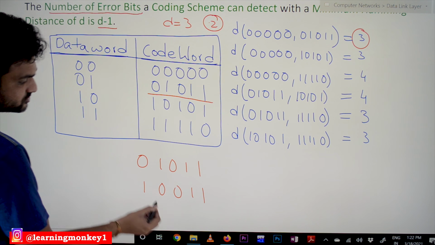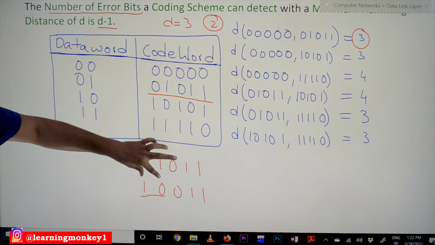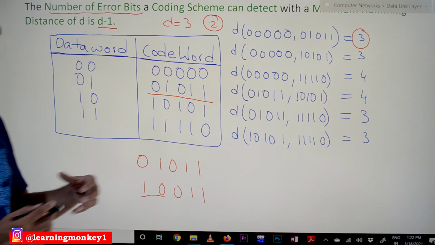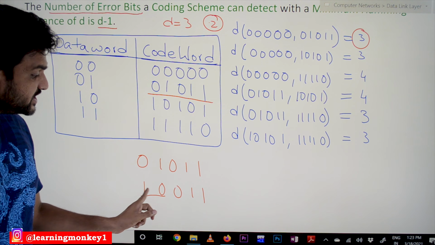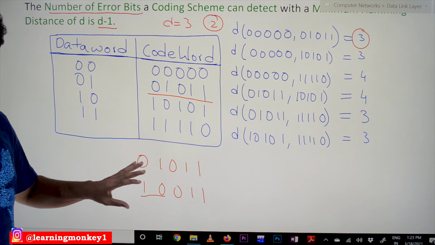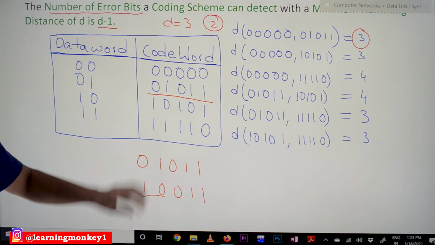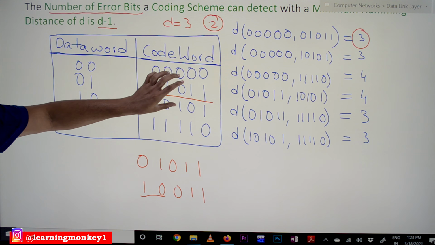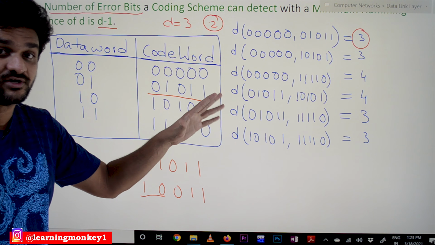These are the 2 bits that we have changed, which means the error is a 2-bit error. If you change any 2 bits of any code word, it is not going to resemble another code word. So it is not going to be converted into another valid code word.